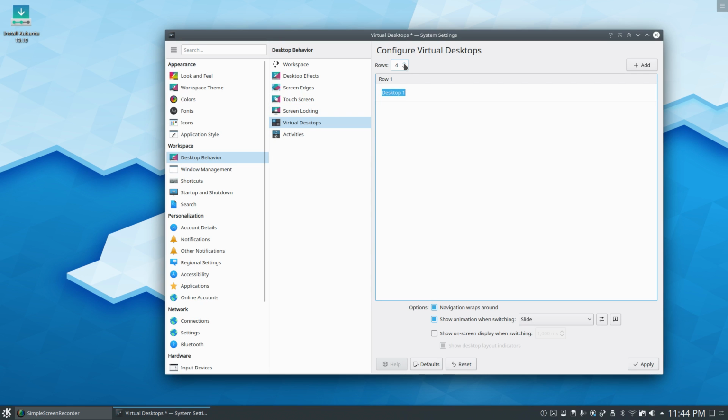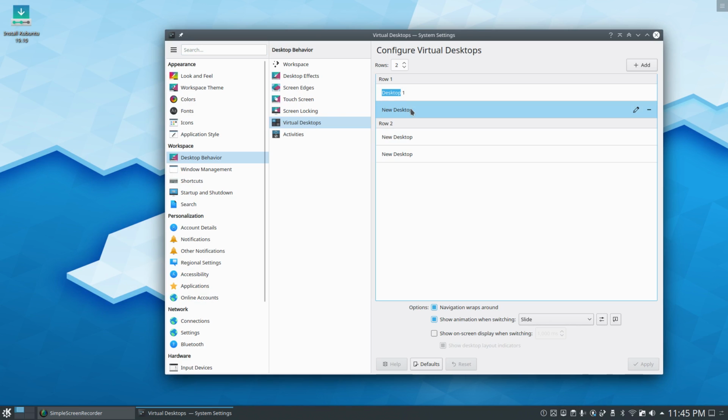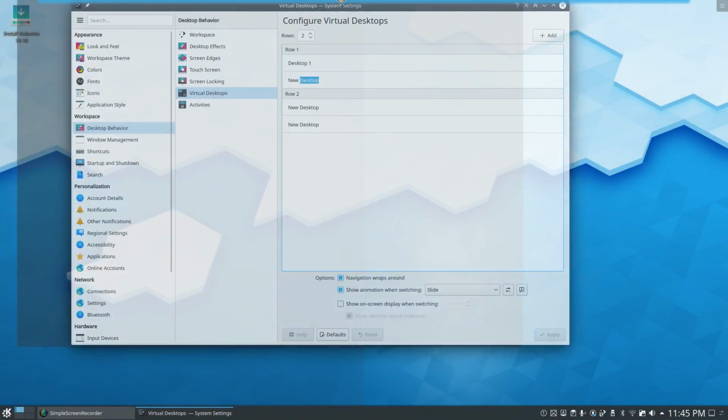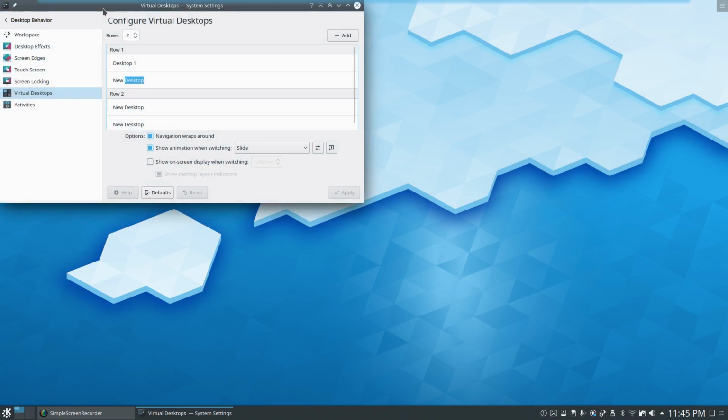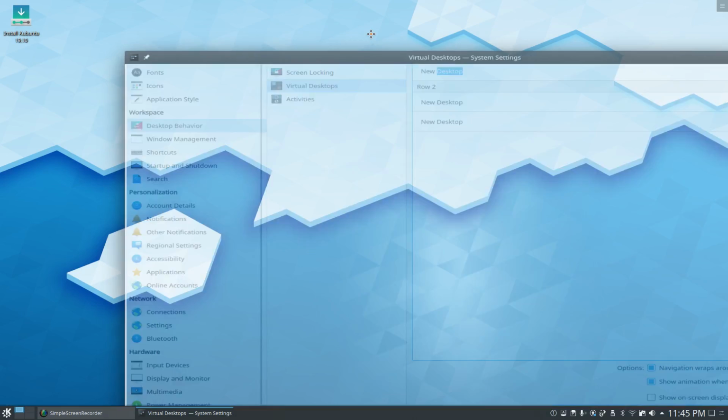I wanna add 2 rows and 4 desktops, so it's automatically adding the desktop. Apply. Now I have multiple desktops and it's all at the corner. I can rename my desktop right here. I can delete them from here. So when I drag, it automatically snaps. Right. See, snapping even works. It's very powerful snapping. Got for KDE,